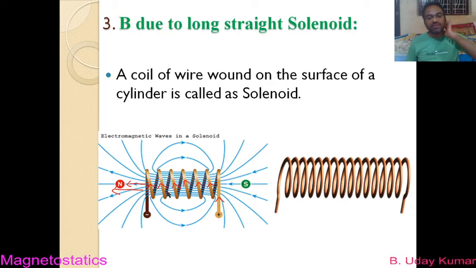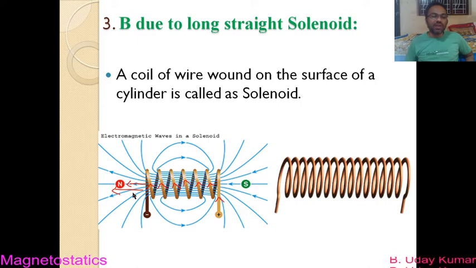So that means actually there is no magnet that we are physically placing here, but there is a solenoid in which the current is flowing. As you already know, Oersted discovered that a current carrying conductor produces a magnetic field. It is also a current carrying conductor, and since current is flowing through this conductor, which is in the form of a spring, which we call a solenoid, it also produces a magnetic field, which is represented with the help of magnetic lines of force.